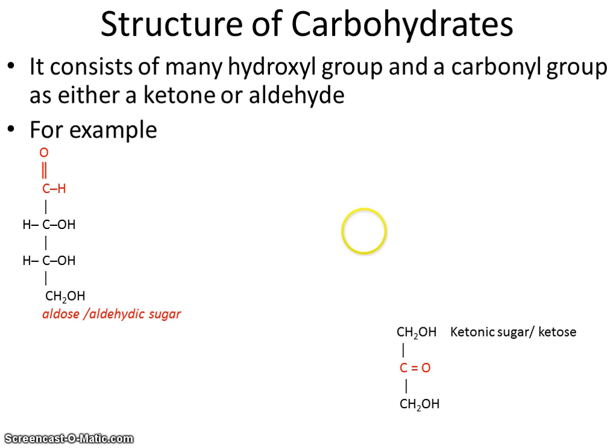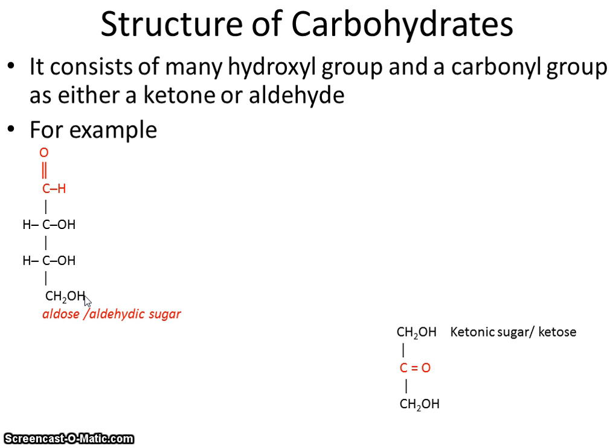Now let us see this with an example. Here I am representing an aldehyde-containing carbohydrate. Essentially, it contains an aldehyde group, CHO, and many hydroxyl groups, OH, OH, OH. Such a carbohydrate containing an aldehyde group as well as polyhydroxy groups is called an aldehydic sugar